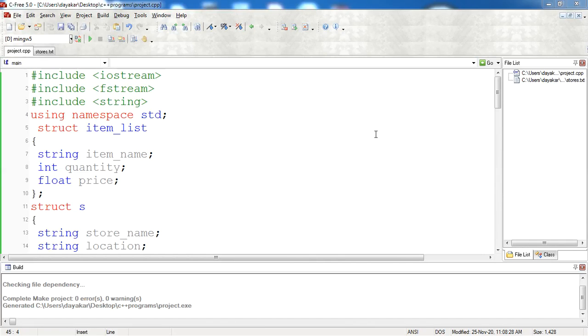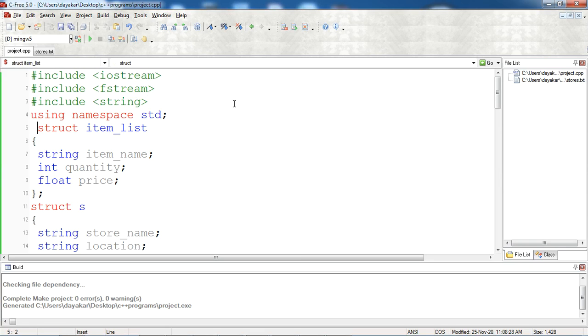Here is the code for whatever problem you are searching for. I have given the basic code for executing the program. You can write the remaining code on your own. So first of all, we are going to include iostream, fstream, string,